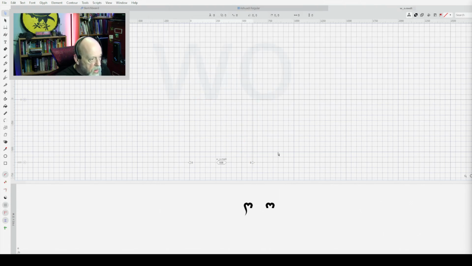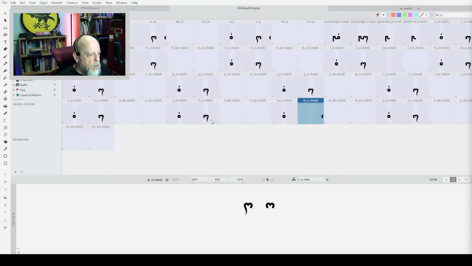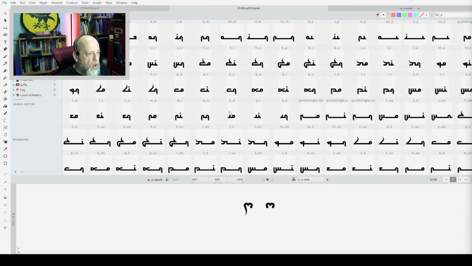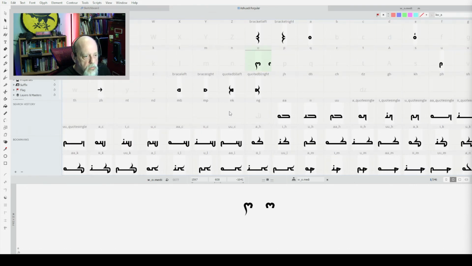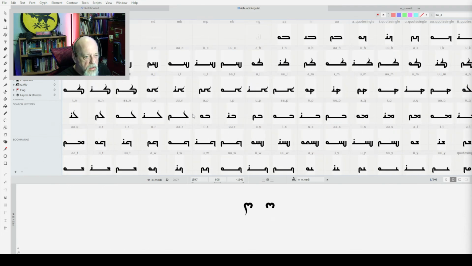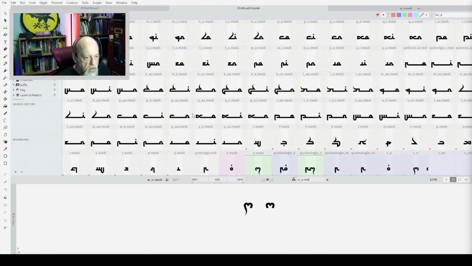Delete. And paste. Now it's way over to the side, but this is W, so I go up here to W. Oh, W is not defined. Okay, so we'll have to go chop it off the start of something else.